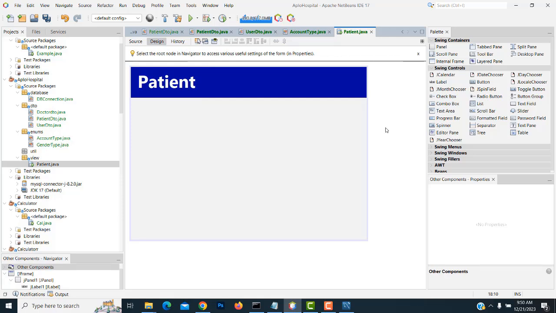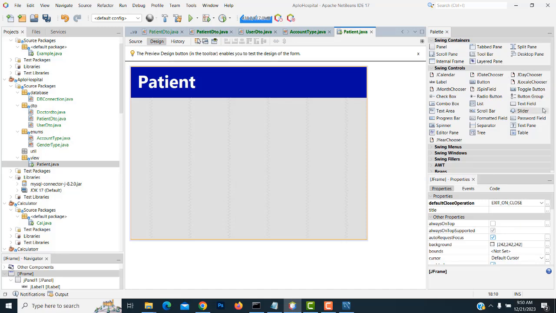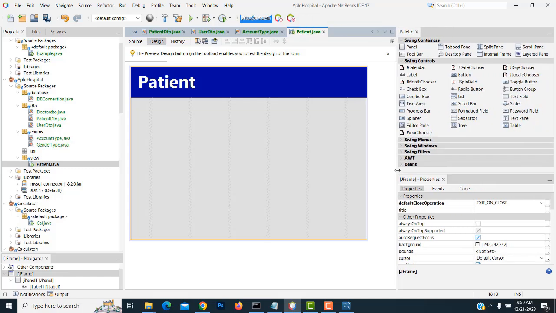After that, we have done this so far well, we have dragged the rest of the labels. So instead we have to delete them, instead of that we have to drag one group box. Before you drag the labels, we need a group box. It's very nice, we can get the nice look and feel of the application if you drag the group box. So you drag one panel